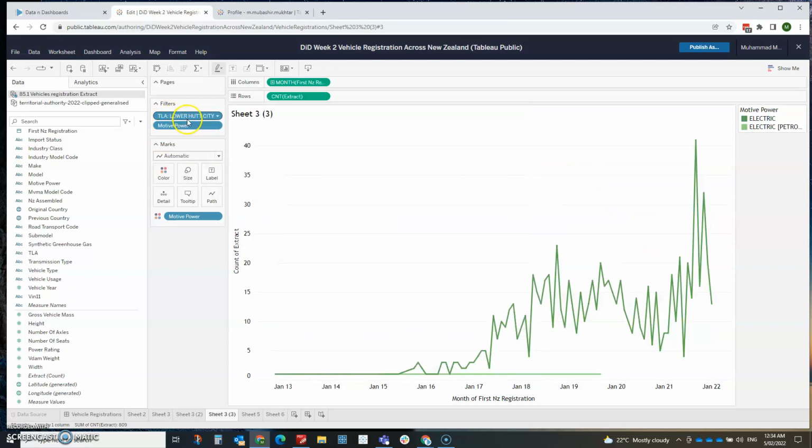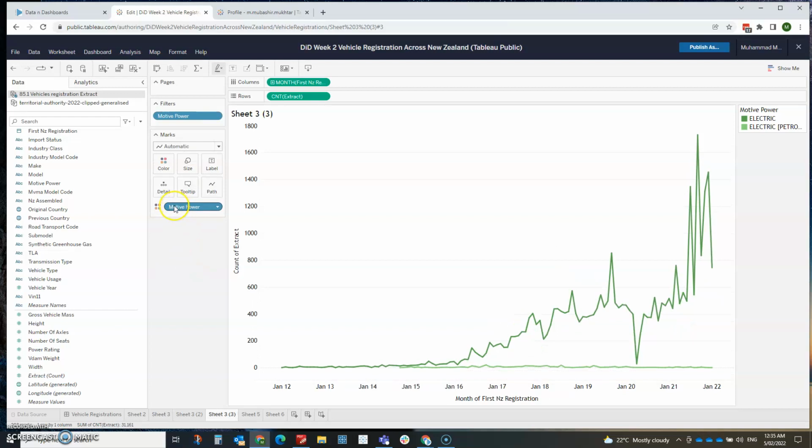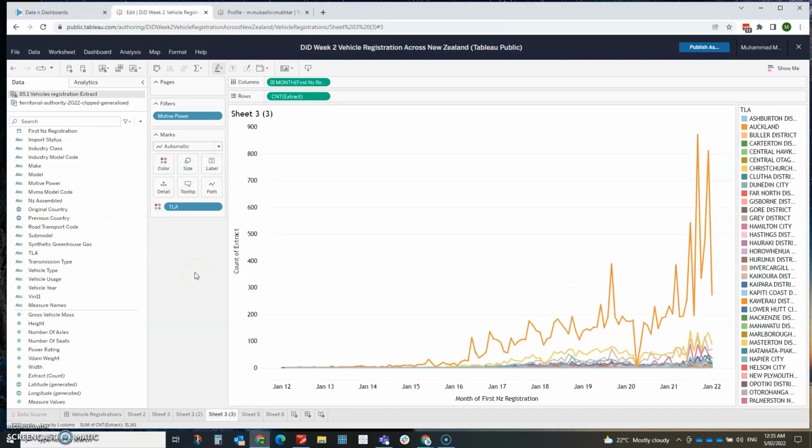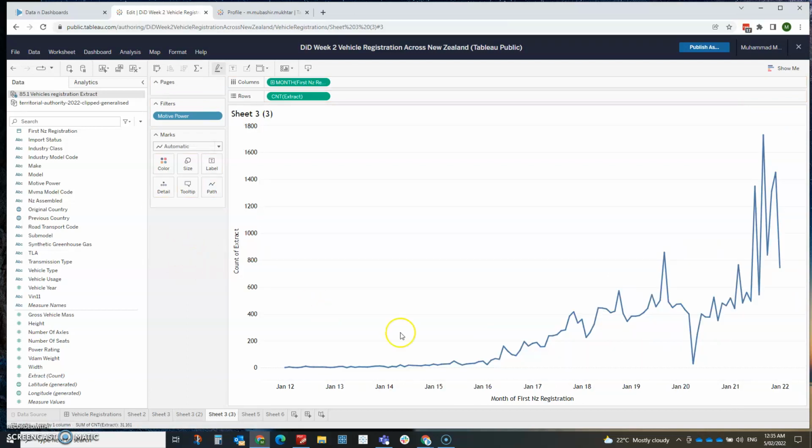I will remove Lower Hutt from here, and I will bring TLA into my colors. Perfect, that makes sense. I can also remove it first of all just to see the overall trend. So this is the